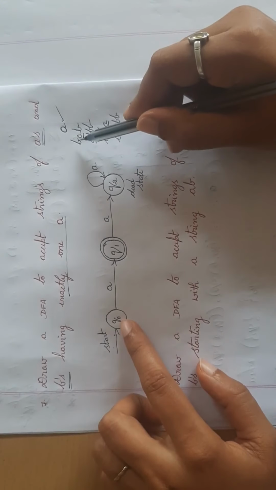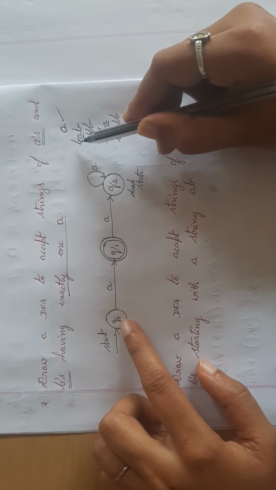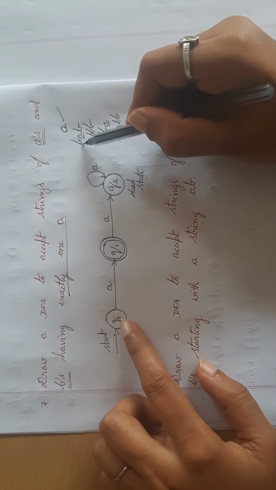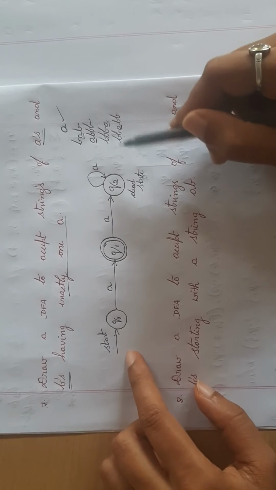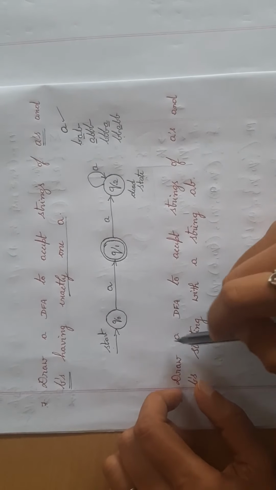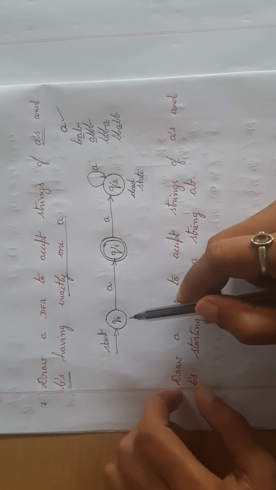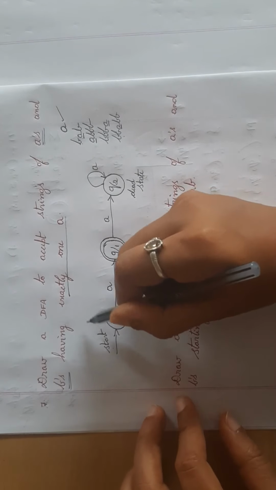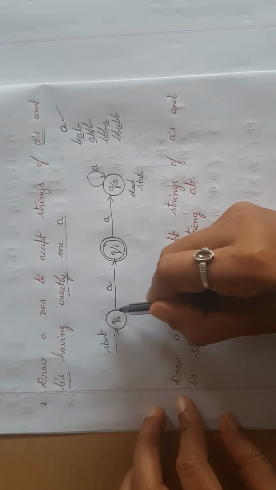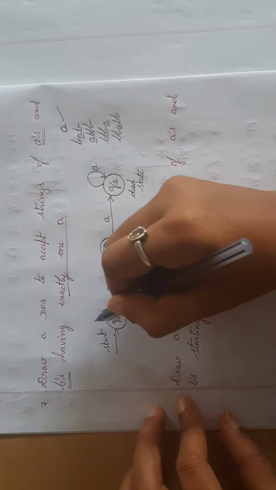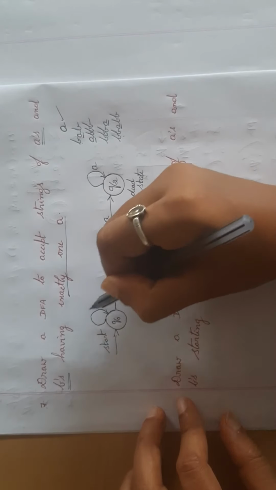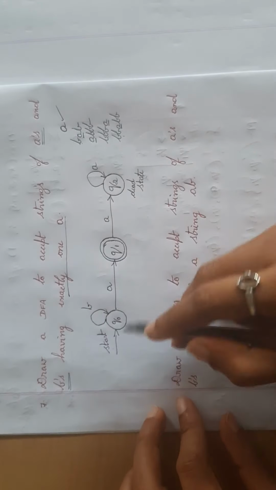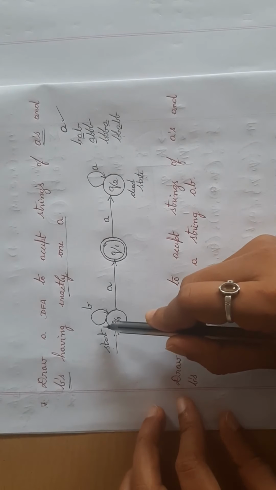You can see here in the beginning I can have any number of B's. You can see this example, this example, this example. I can have any number of B's followed by one A. So how can you have any number of B's? You can simply loop a B here. From Q0 I have an outgoing A, so I should have one outgoing B also. So I will loop it here. So from Q0, A and B is done.